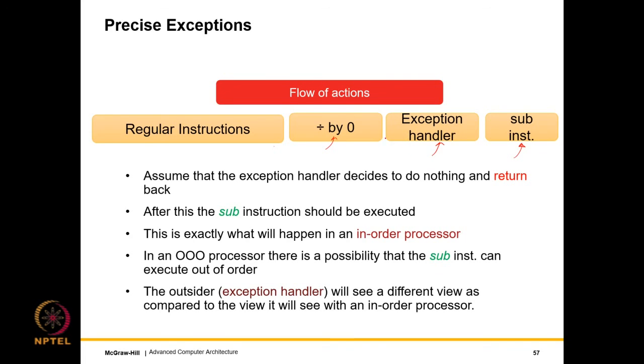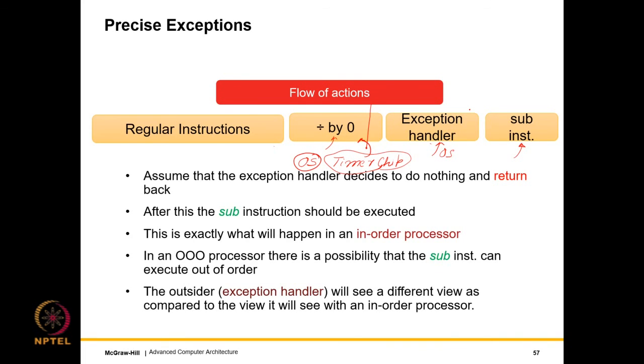Alternatively, it is possible that maybe there was no divide by 0, but the operating system decided to shelve the program and run another program on the core. Know that the operating system is also a program, so it is nothing special, but there is an external timer chip which essentially sends the interrupts. The operating system pre-programs the timer chip, and the timer chip, which is an external entity, sends an interrupt. And so then the entire state of the program is stored over here, and the exception handler in this case is the OS. It will load another program.